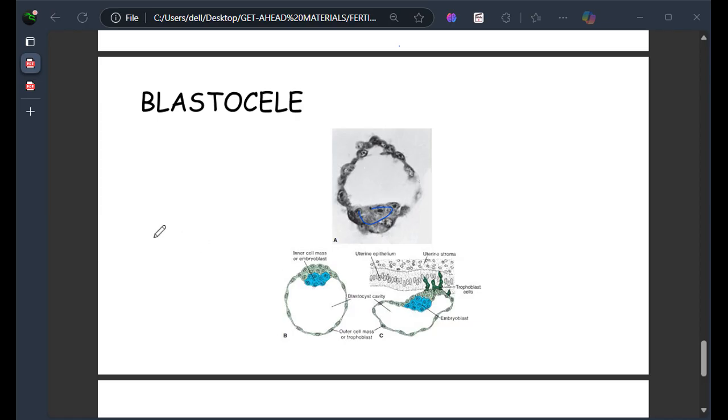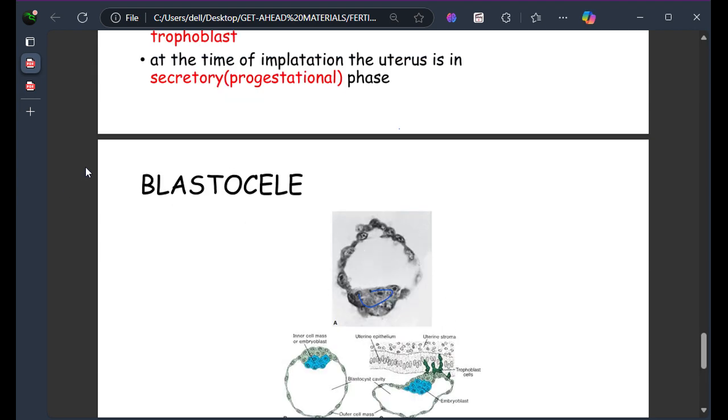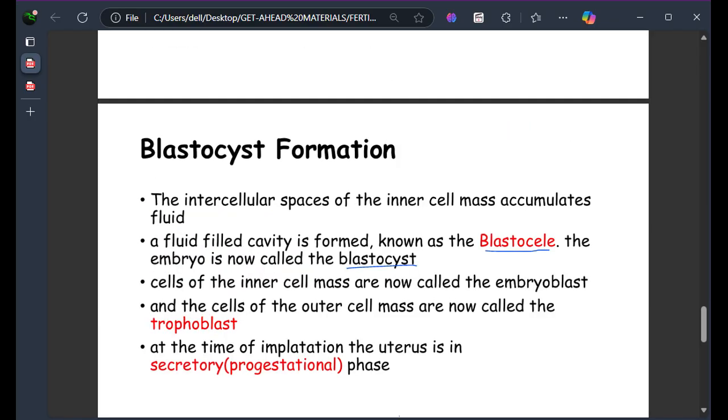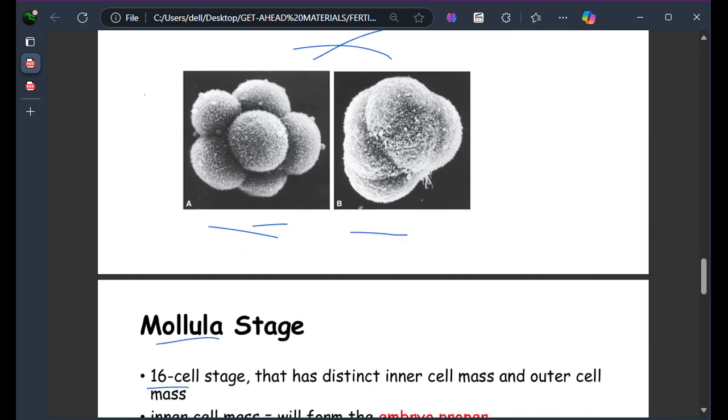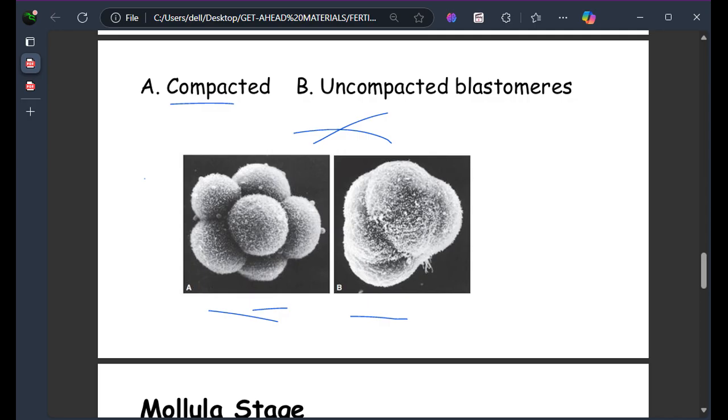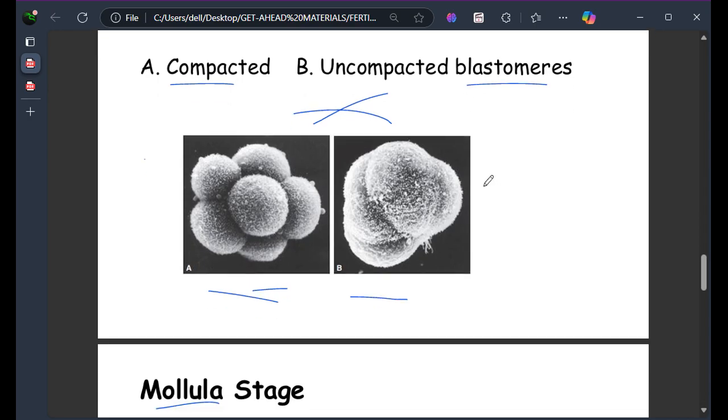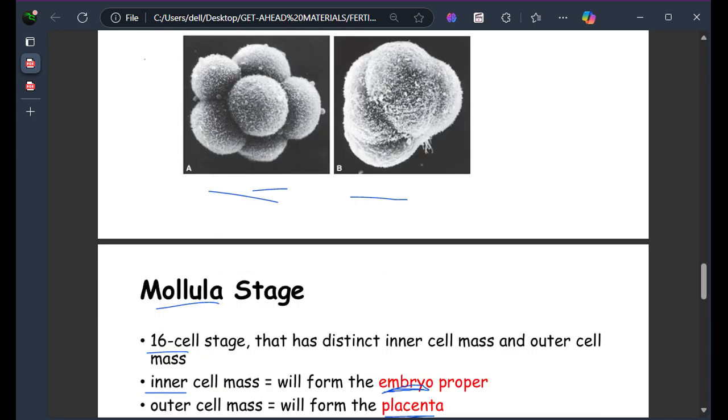So I'll repeat about how the blastocyst is formed. Let me take you back here. So the zygote starts to divide into a number of cells. Then compaction happens between those cells, and those cells at that point we are calling them blastomeres. Okay, we are calling them blastomeres. And then once the divisions reach a certain point where the cells are now around 16, at the 16 cell stage,